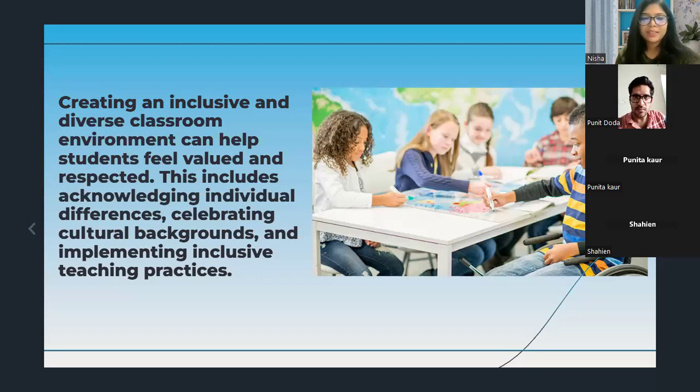Incorporate stories and examples from various cultures to make our lessons more relatable for all these students. So creating an inclusive and diverse classroom environment can also be one of the strategies which we can incorporate so that our classroom can be more and more engaging.